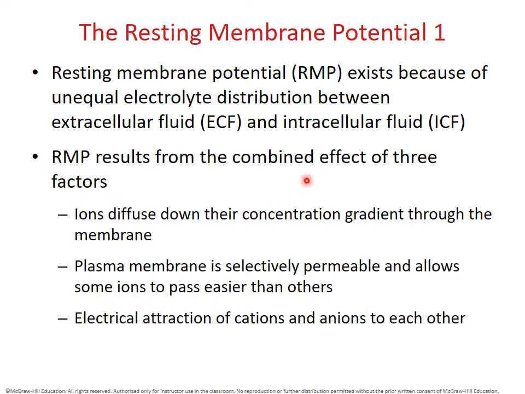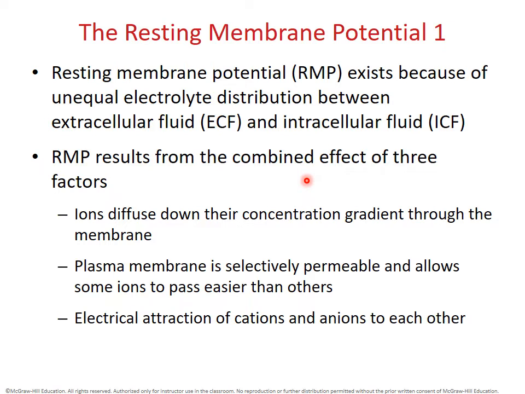Now, there are three main factors that generate the resting membrane potential in a typical cell. The first is that ions diffuse down their concentration gradient through the membrane. So we're assuming that there are passive channels for these ions as well as gated channels. And so, of course, ions are going to diffuse through passive channels down their concentration gradients through the membrane. Now, that in and of itself doesn't create an imbalance because, as we know,